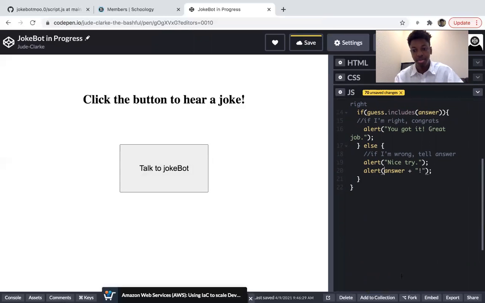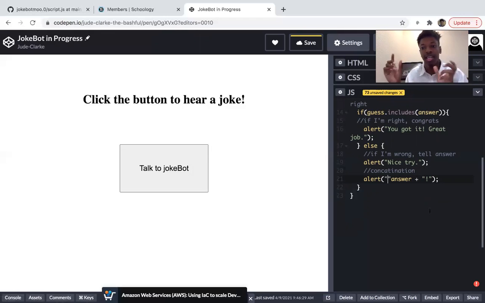So here's another example. This is called concatenation. So let me write that right here. Concatenation. When you're adding strings together. This is something you can't do with numbers. Well, actually, yes, you can add strings to numbers, but if you try to add two numbers together, it will just do math. You would have to turn the numbers into strings if you just want to put two numbers next to each other. So let's alert,